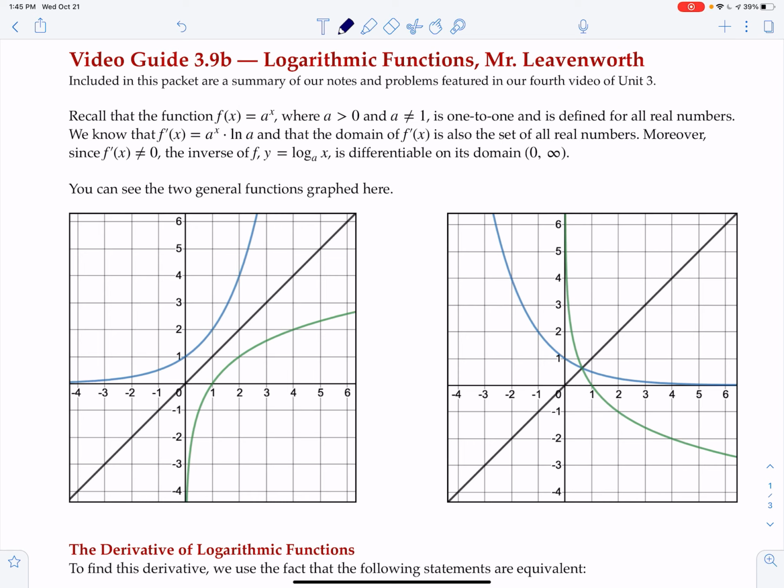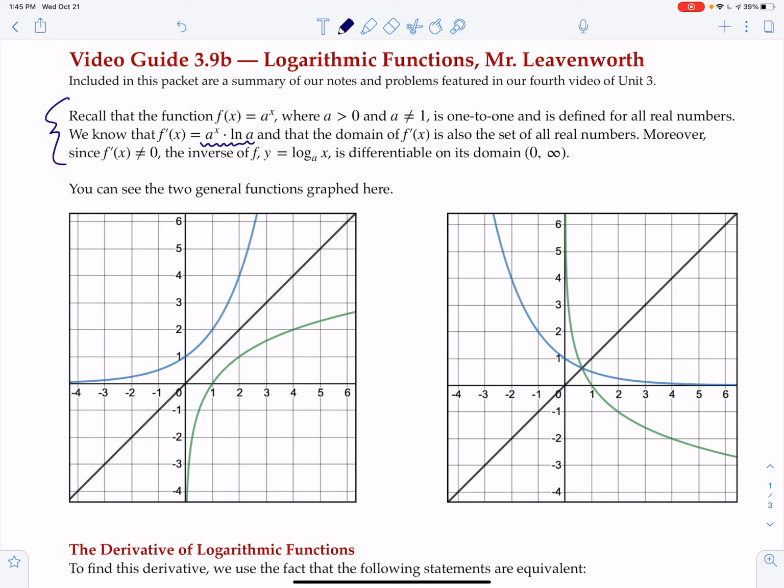Hey there, calculators. We are back for the second part of section 3.9, where we are specifically going to talk about logarithmic functions. We had just talked about the derivative of exponential functions and how that looks. There's a little bit about that up here in our notes, where we see that the derivative of a to the x is a to the x times the natural log of